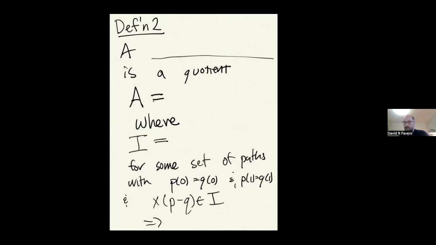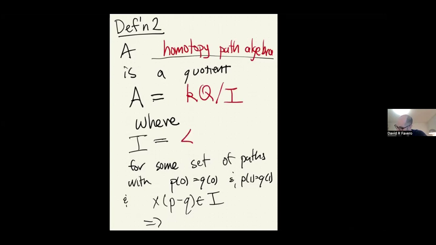Okay, so now maybe this is the type of description you're asking for. This is the purely algebraic description. Rather than have an ambient topological space, I can just give you an algebraic description. Maybe I should have started with that. So A is just an algebra KQ mod I, where I is